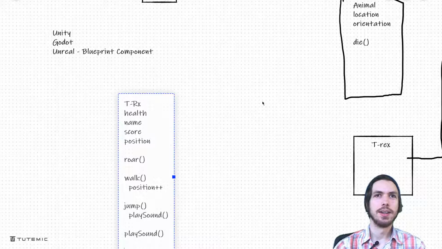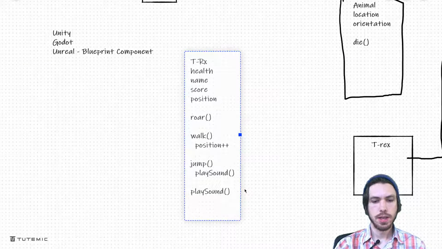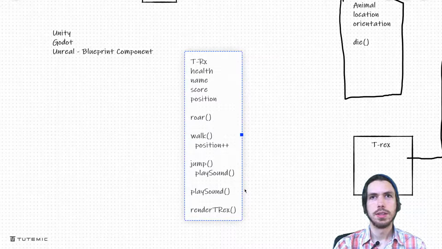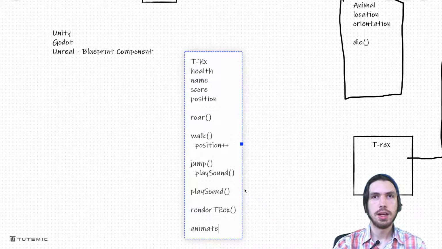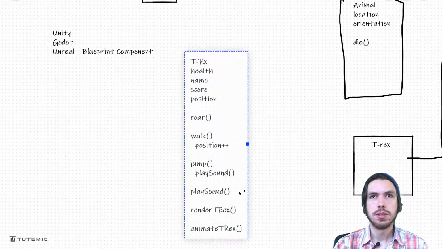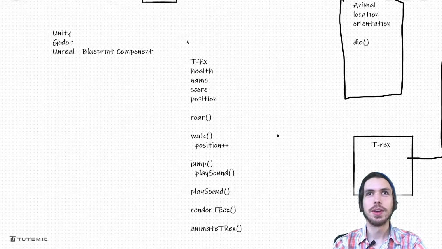Something like that. And we also have just other kinds of fun stuff, like render this T-Rex, right? So we've got to draw the T-Rex, and then you also have to animate the T-Rex. So you've got this animation stuff, and when do you animate the T-Rex, and how do you render the T-Rex and play the sounds for the T-Rex and all that kind of stuff. And this is what we commonly call, actually, just to really articulate the problem here,